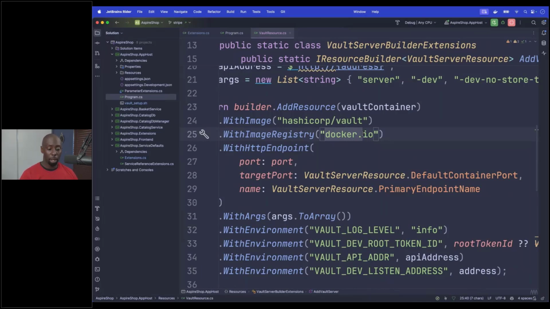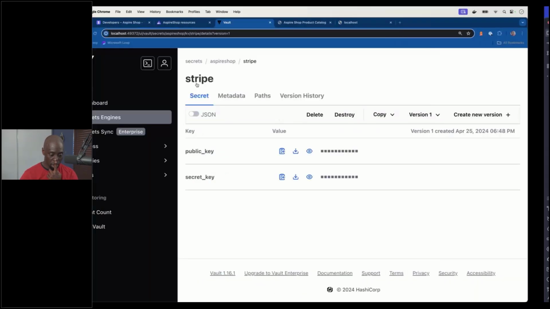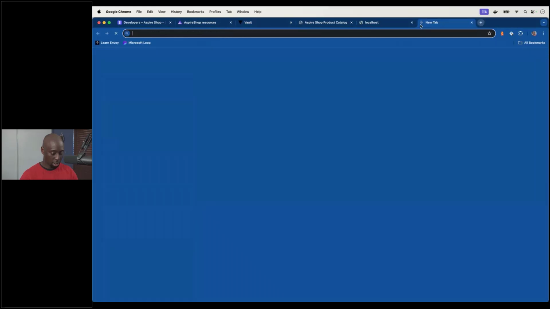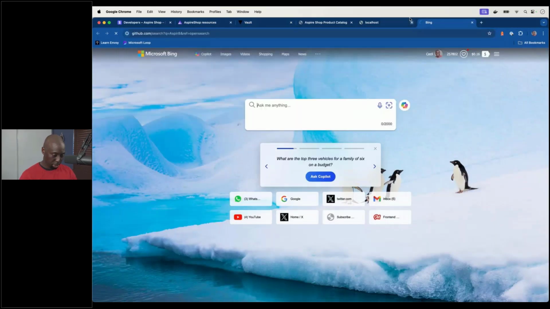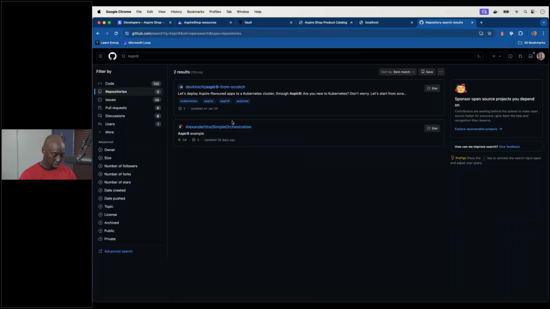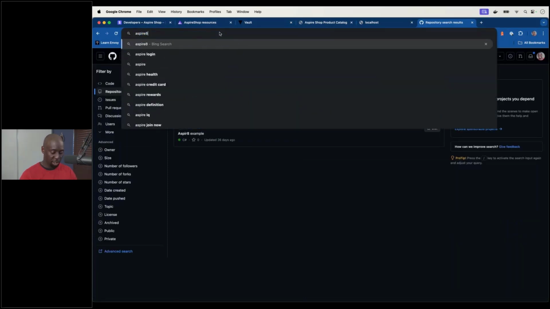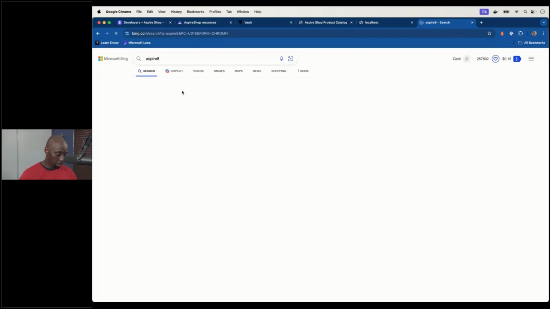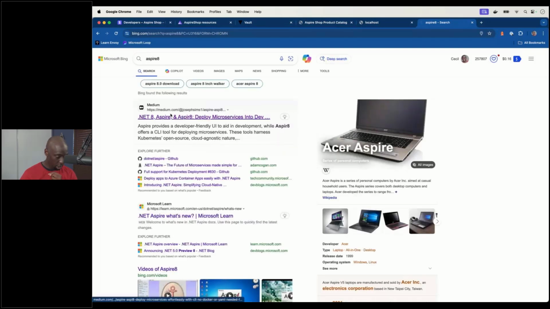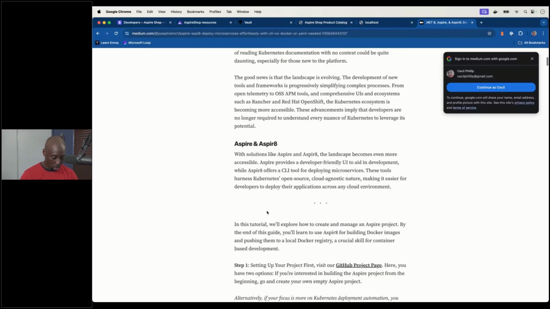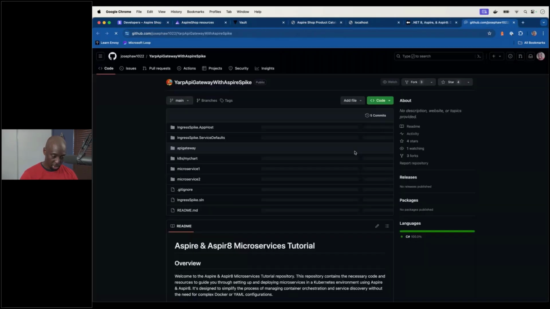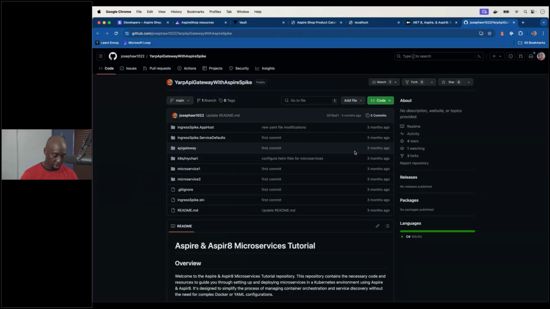There's a couple of plugins for deployment. There's one called Aspirate, I believe it's what it's called. Let's go ahead and Google Bing this together. Aspire 8 is what it's called. Is that it? That's not it. Anyway, the point that I'm trying to make is there's this thing that you could use, and it will let you... Is this a GitHub page? I'm trying to find a GitHub page for this thing.